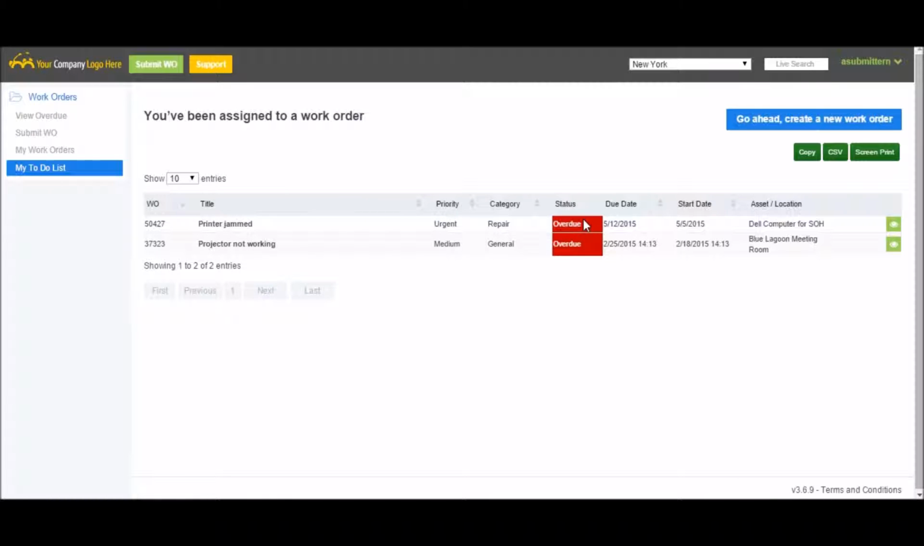If you do not complete the work order by the due date, the status will switch to overdue, and email notifications will go out to yourself and any admins or editors in the account letting them know that the work has gone overdue. Just to take a look at the menu, View Overdue, this just filters out any overdue work